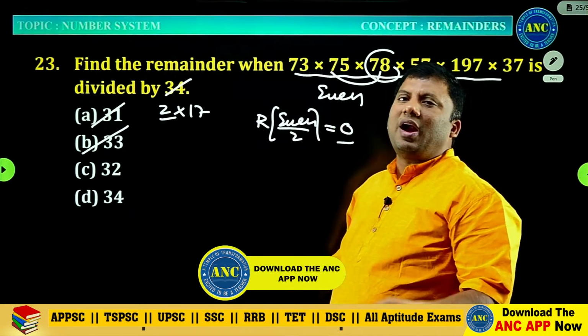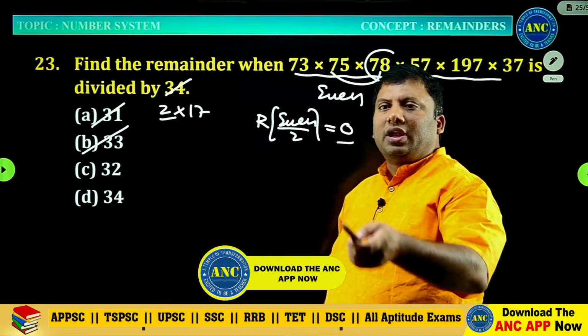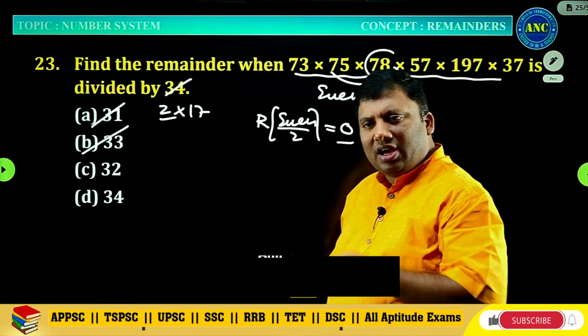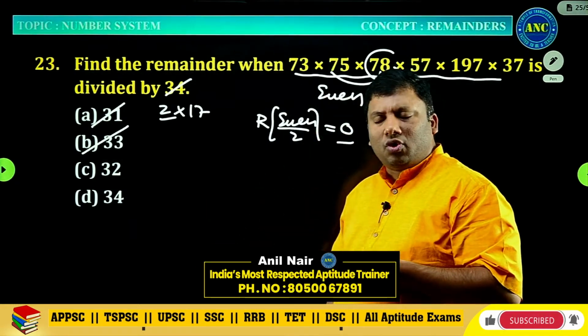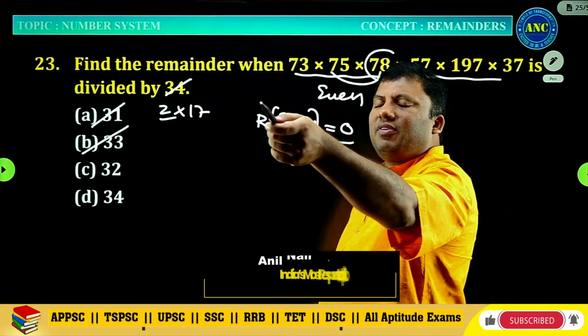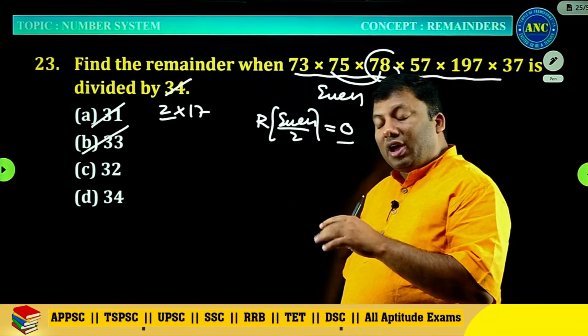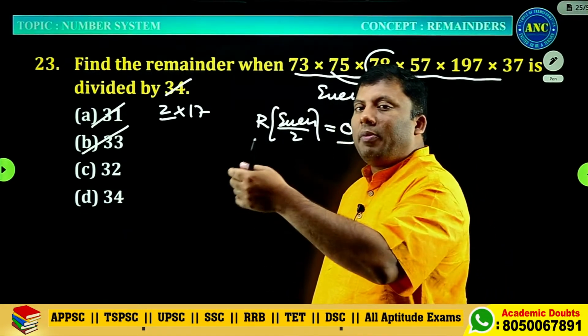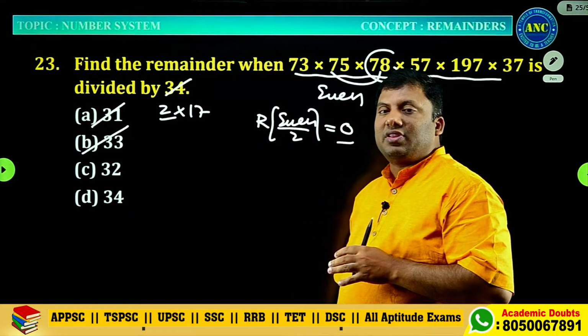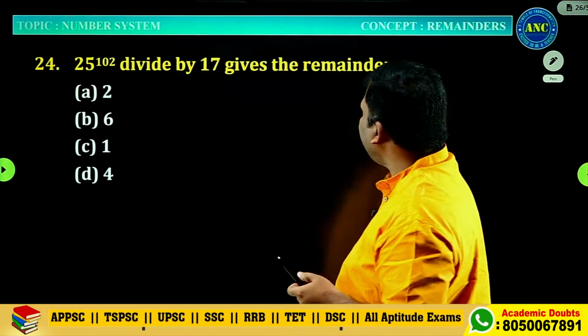Why are you going and dividing with 34 directly, sir, when there is a smarter way? When Google Maps is telling you that there is congestion ahead, do you still want to go in that route? I am telling you that will take a little more time. Keep an eye on the answer options. If you are eliminating 2, then go back and see whether you can eliminate one more.